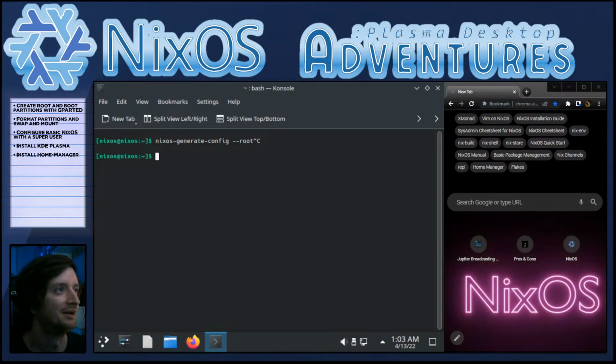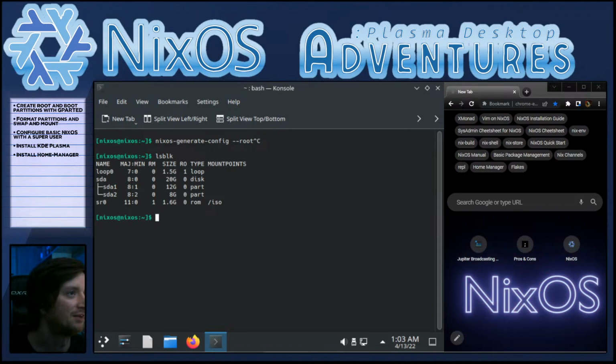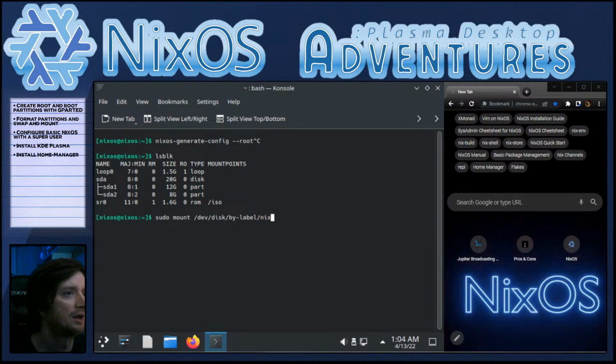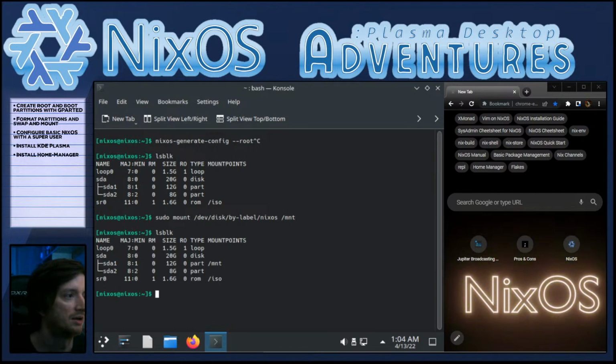So we'll go ahead and check our blocks here from the command line. Nothing's mounted. So we want to get SDA1 onto /mount. All right, and we'll call mount on dev. We should even be able to call it by label. Oh, disk by label. By label, and NixOS should work. And it did. SDA is now mounted to /mount,